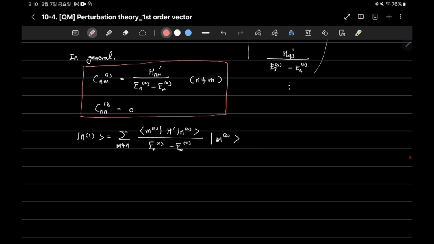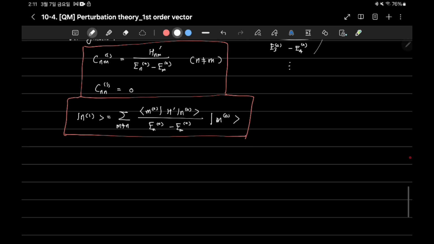So it is very important, it needs to be memorized. Here it is a first order energy eigenstate. First order energy eigenstate can be expanded like unperturbed energy eigenstate, and also this coefficient is like this, and it is the matrix element of the perturbed Hamiltonian over En0 minus Em0. Okay,